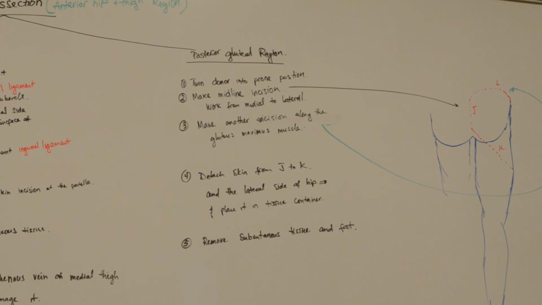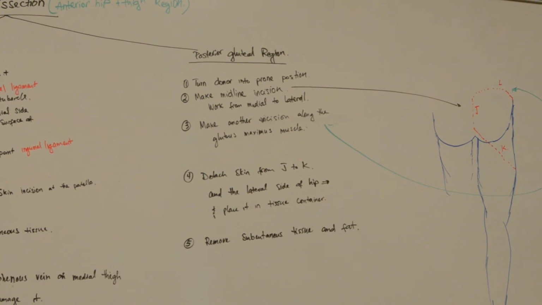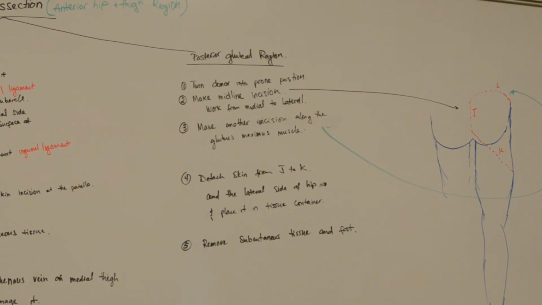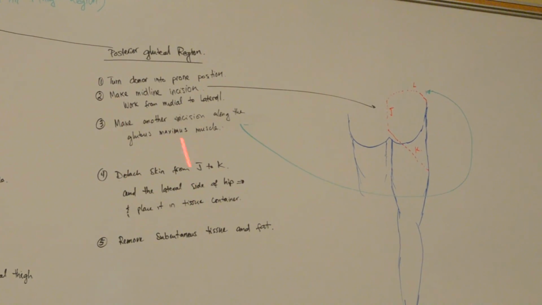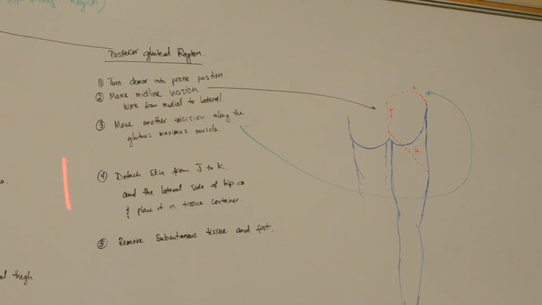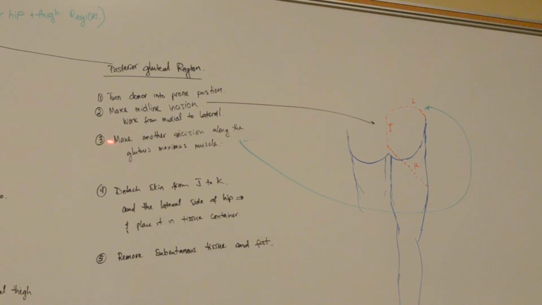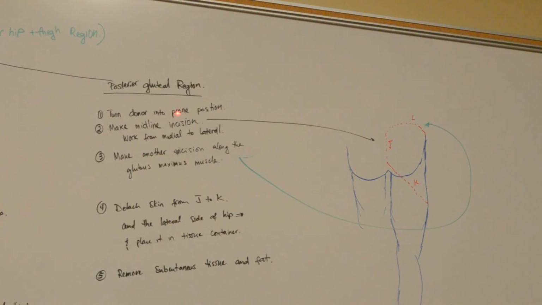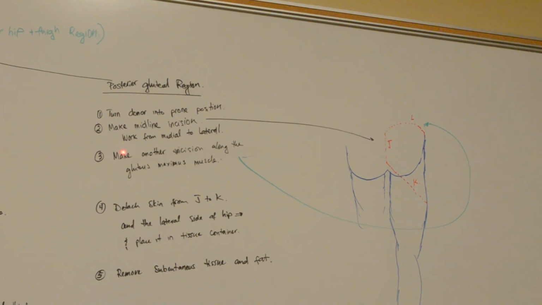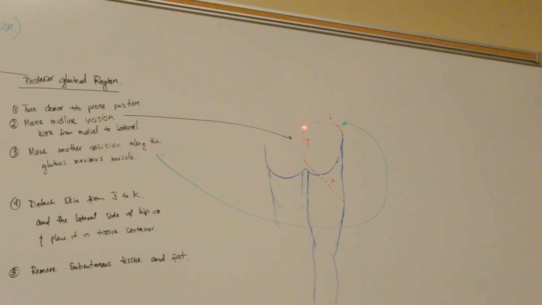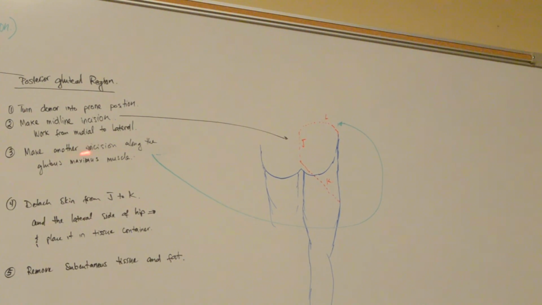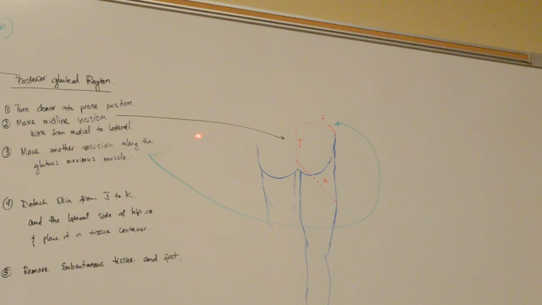So next, after we've done with the anterior thigh and hip, we want to dissect the posterior gluteal region. We want to turn the donor into a prone position. Probably need a couple people to help turn the donor into a prone position. And we want to make a midline incision here, and we want to work from the medial to the lateral side right here,